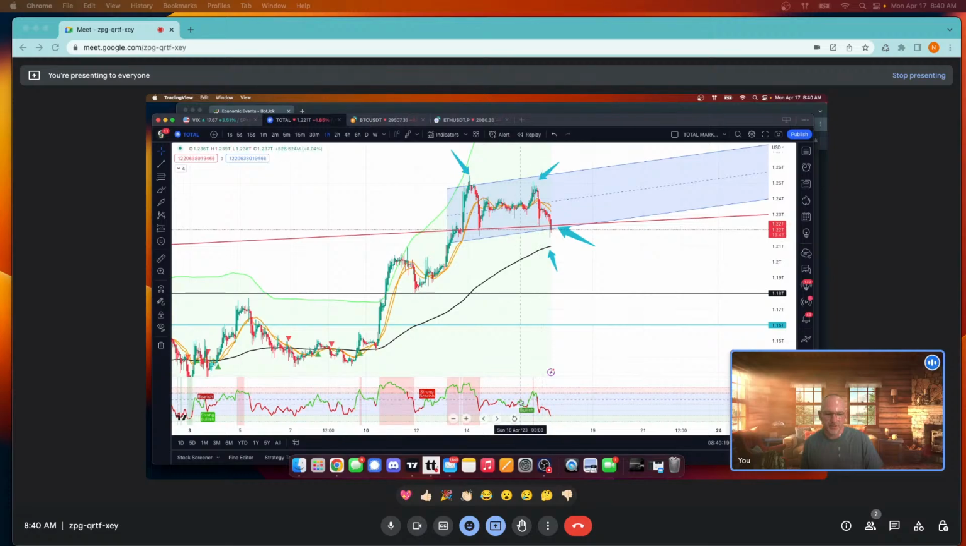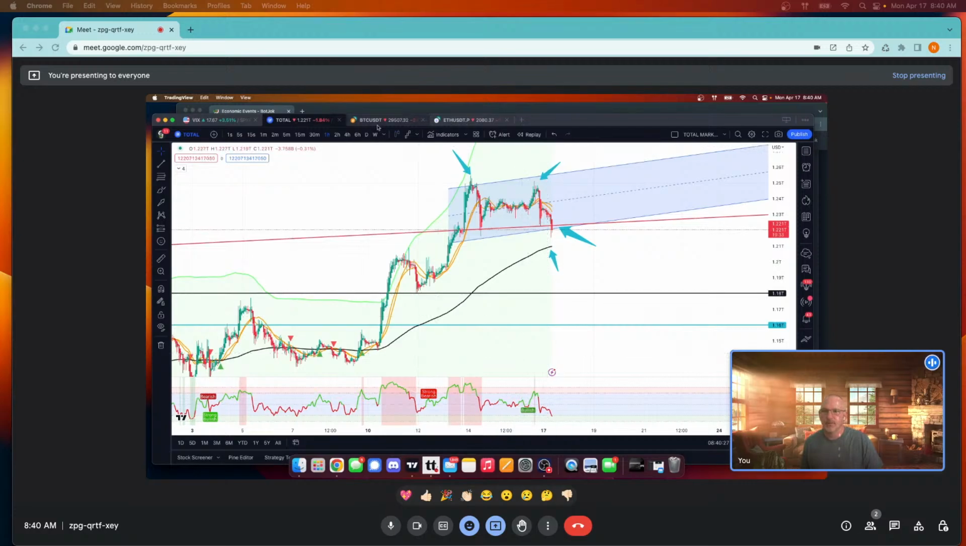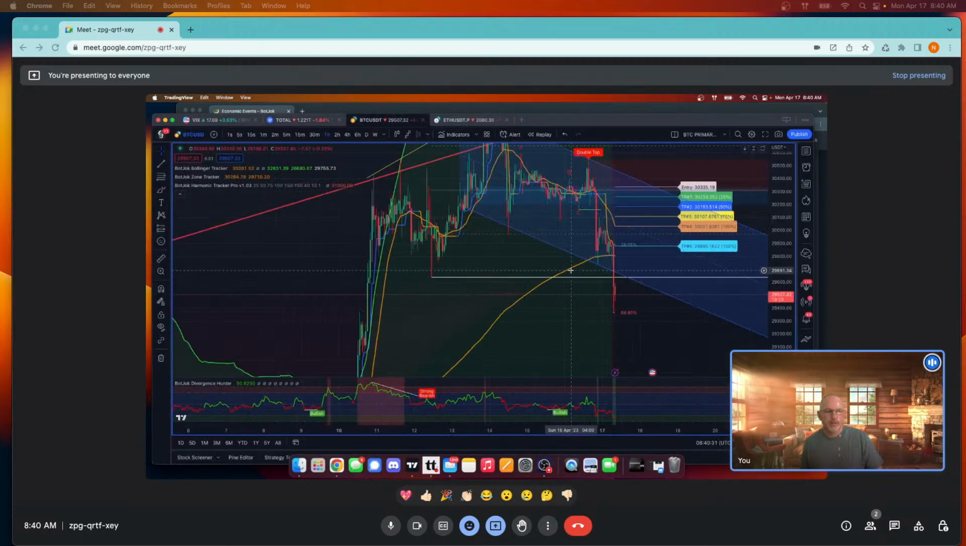Now keep in mind too, we also have this area here on the 1 hour. We are oversold a little bit. Still some room to go though. Bitcoin,